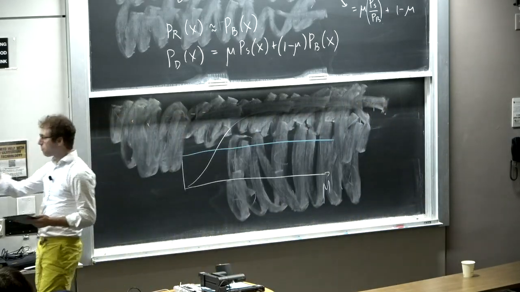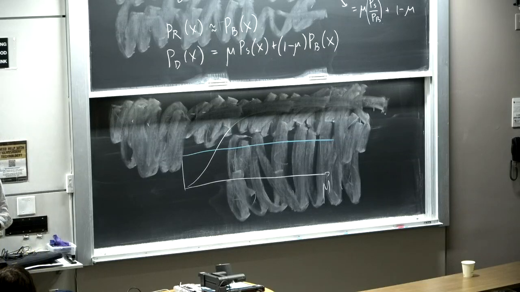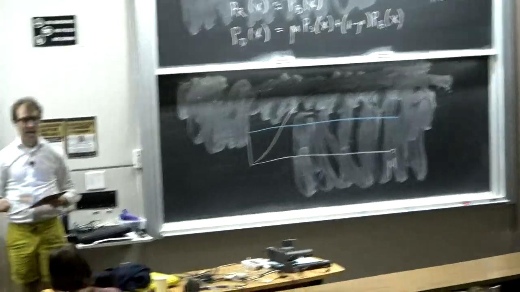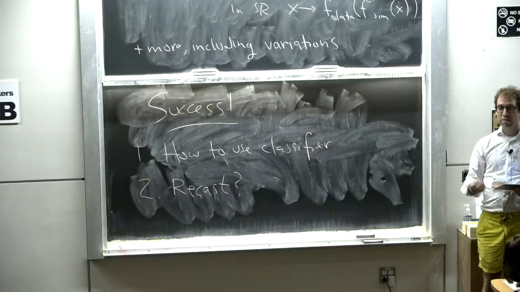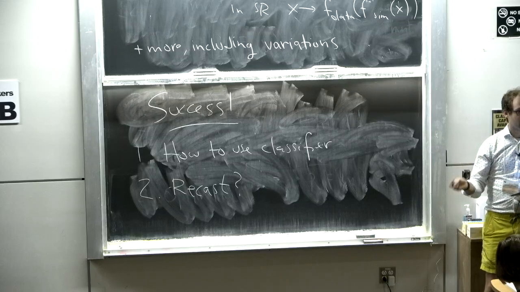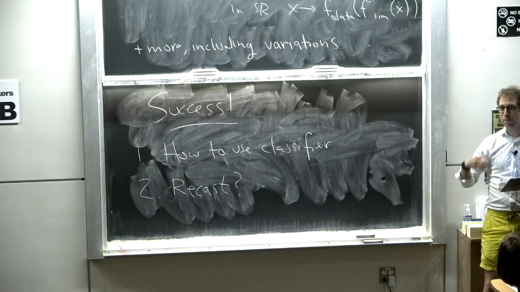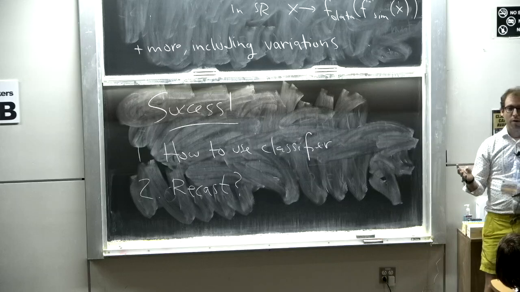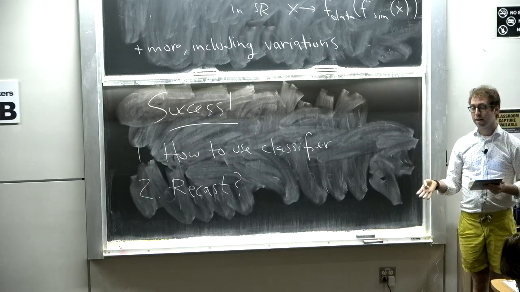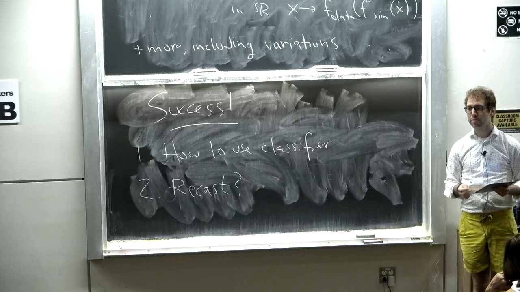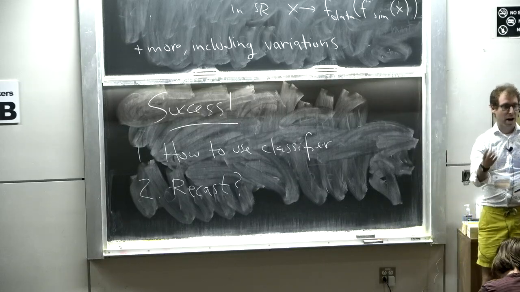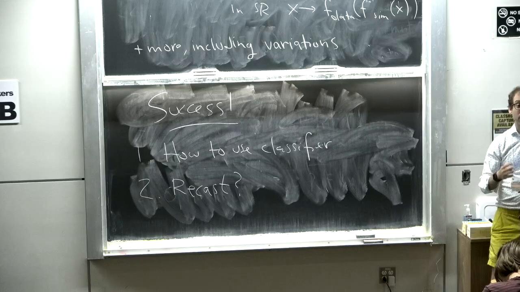OK, so for most searches that are done, the way they work is an event selection is fixed at the beginning, and then you look in the data, do you see something weird? But the event selection is fixed, and that can be made public, so that all of you can pick your favorite model that's not the one the experimentalists use, and then check what would be the acceptance of your new model using that event selection. So you simulate a new signal model, and you check how many events pass the event selection of the experimentalist, and then you can compare with the reported data to get an estimate of the sensitivity.